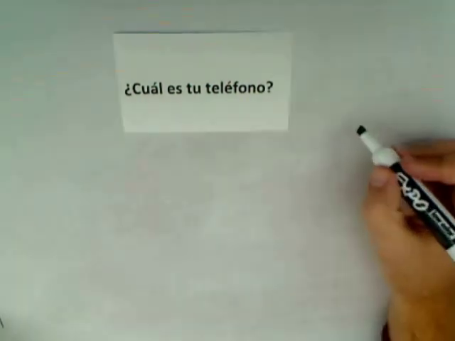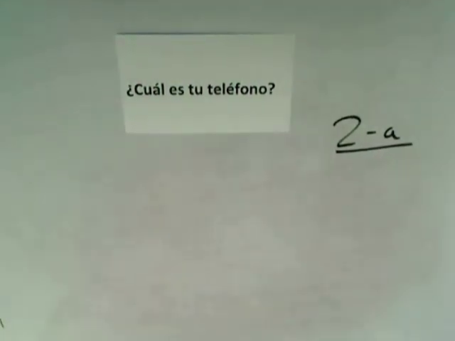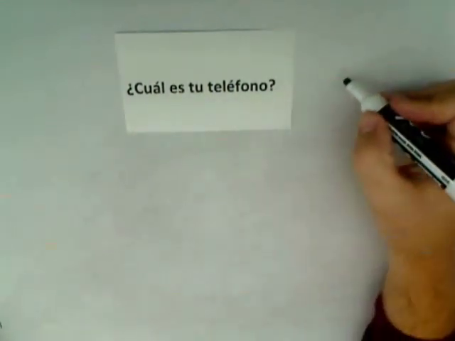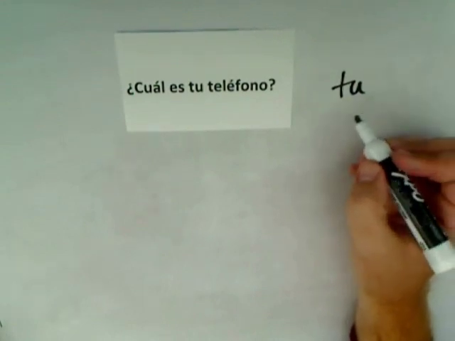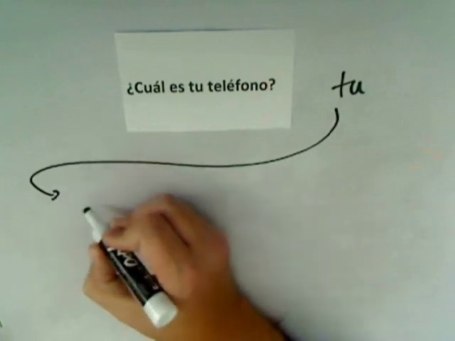Then the last personal information question I want to go over in this video is, similar to the previous one, but telephone number. ¿Cuál es tu teléfono? By the way, some of these that are more formulaic, I also go over in video lesson 2A of the same series, right? The one about the address, the telephone number, okay? I'm just repeating them here in this part on personal information. ¿Cuál es tu teléfono? Right? Again, we have the possessive adjective tu, we have a noun, teléfono, those are going to come back in our answer, right? Mi